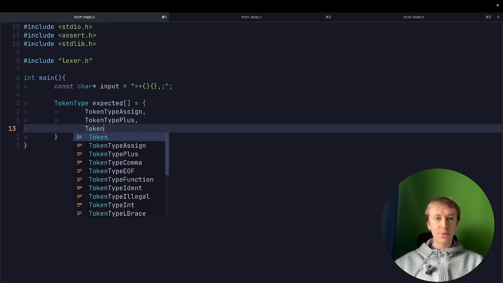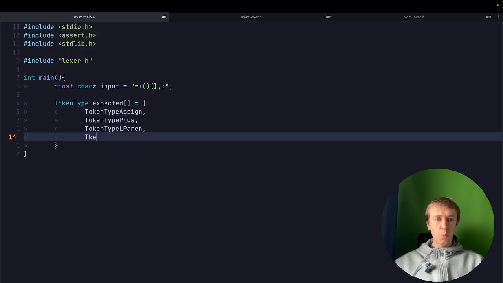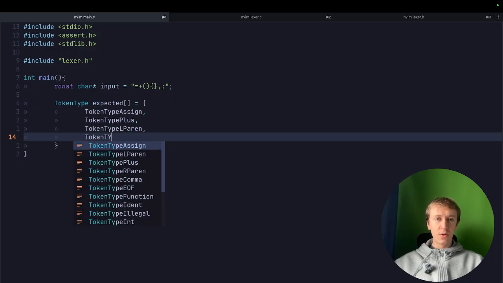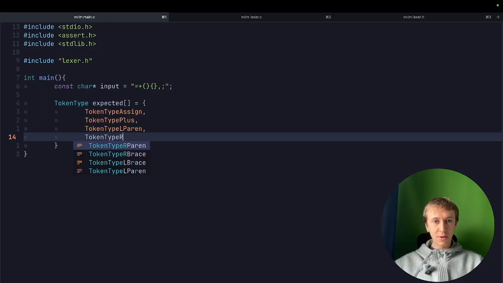Right, token type. You can again skip through this if you feel like you know, l paren. And then what we're going to do after this is actually calculate how many elements there are in the list. And there's a tricky way of doing it. And that's what I was going to say about the C-isms. They're just very strange. So if I do r_n,